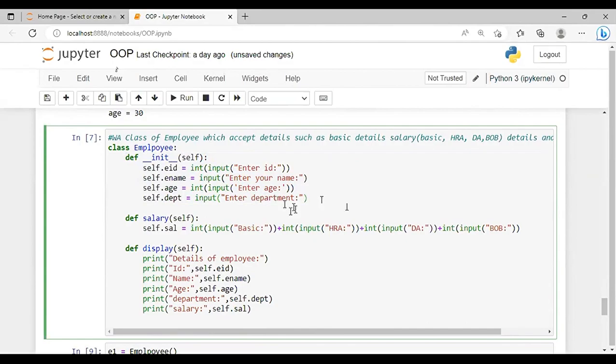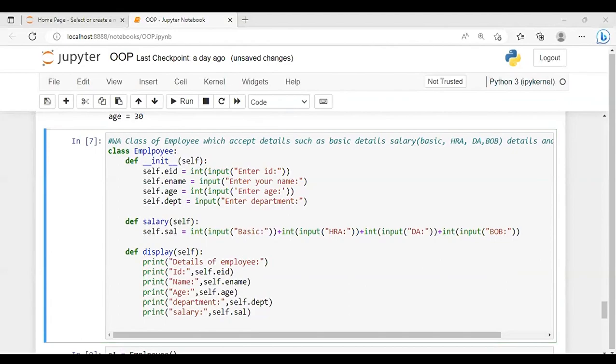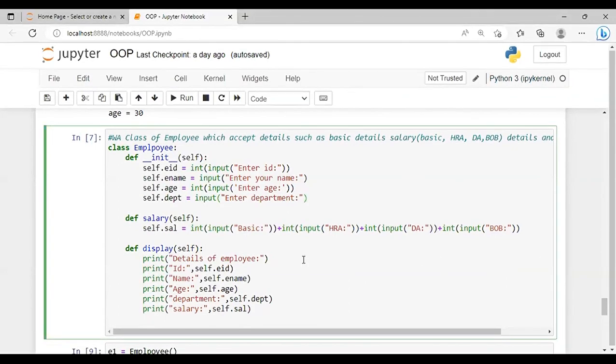An employee is one person, and a senior citizen is one person. Do you agree? So if we want to create an application where we need to log the details of a student, an employee, even a senior citizen, or even other entities,